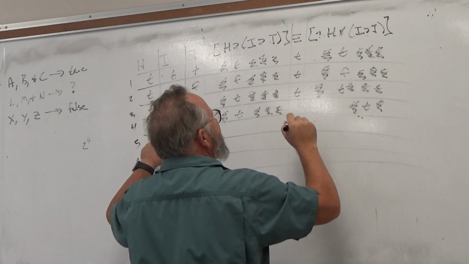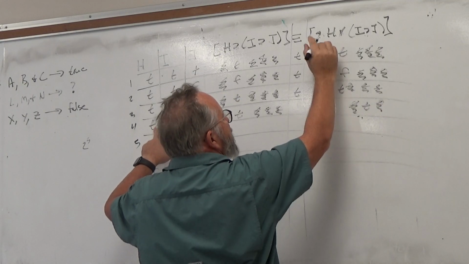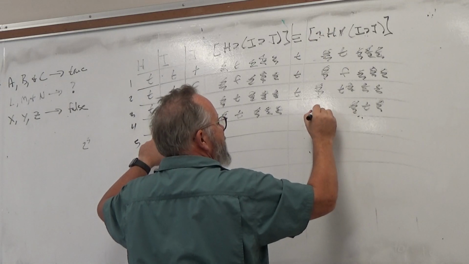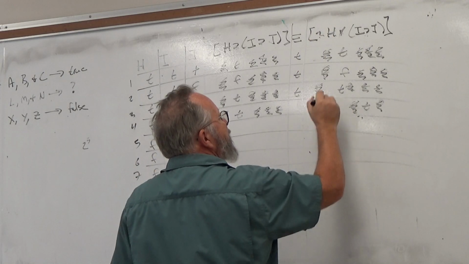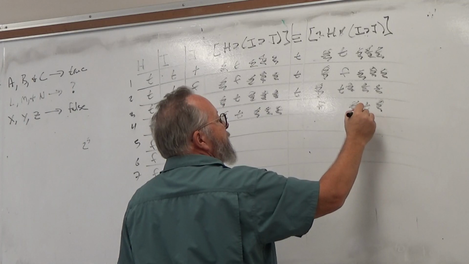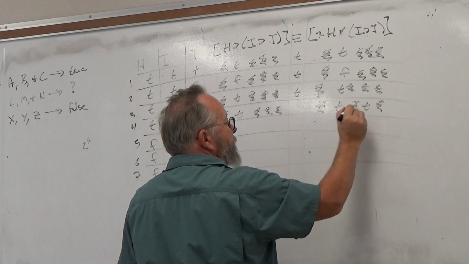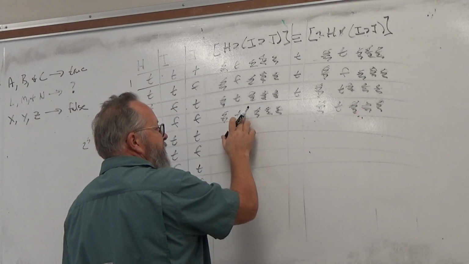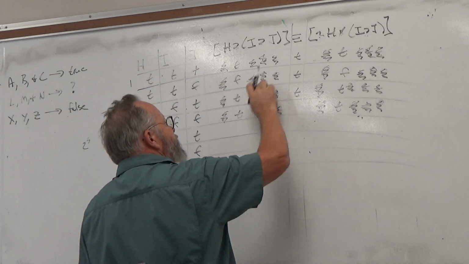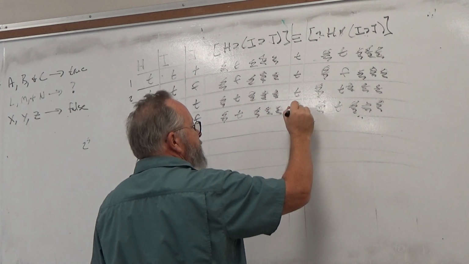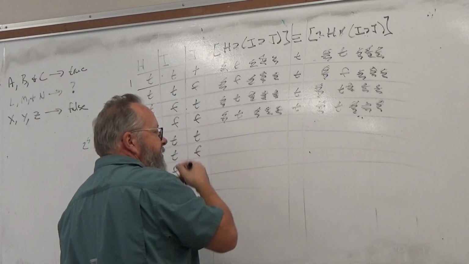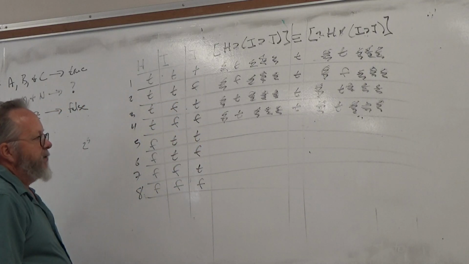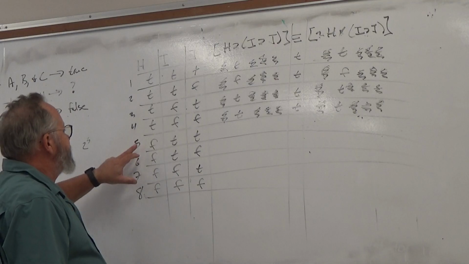And H on this line is true, but we have not H, so we have a false. So false or true is true. So I have to do this final calculation. True if and only if true, which is true. Okay, so far everything has turned out true. Okay, now